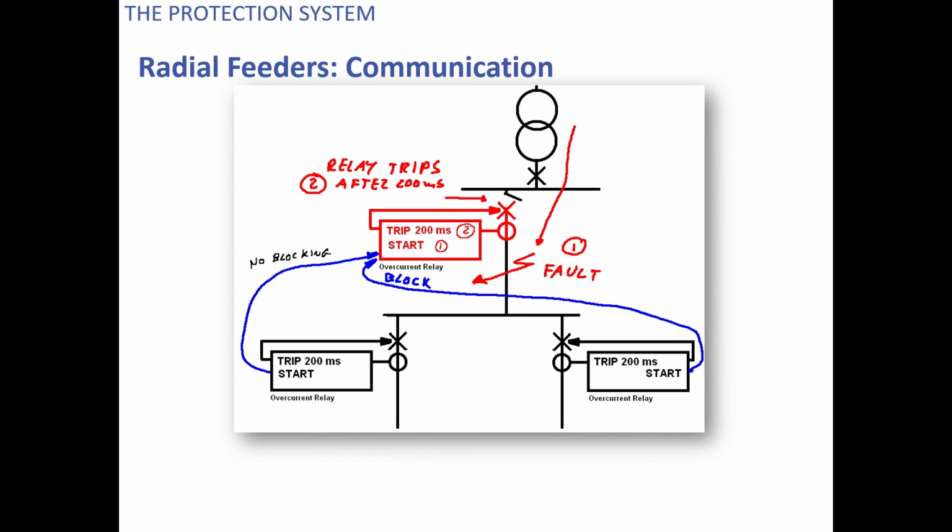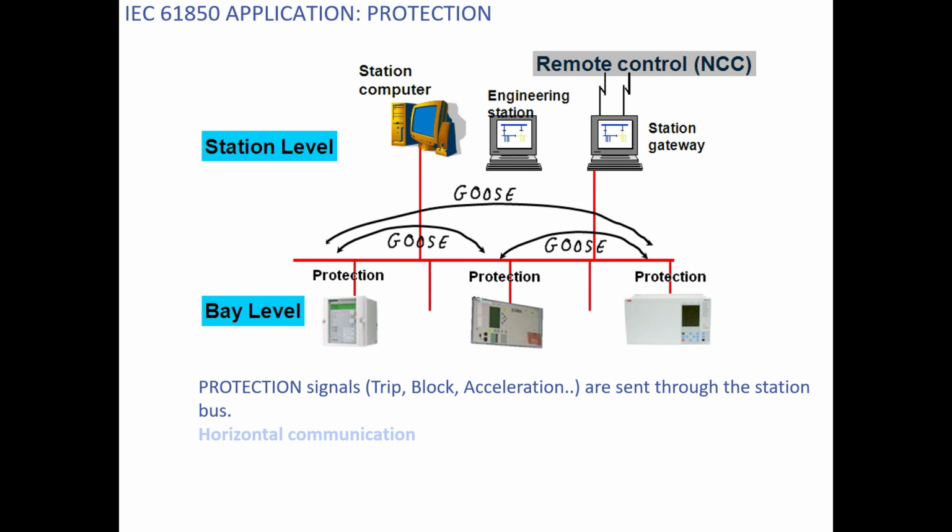between these relays. So now if there is a fault at this point, this fault is not seen by this relay or this relay, so they cannot send a blocking signal, and since this relay sees the fault, it will issue a trip command after expiry of 200 milliseconds. So these things we can implement in our substation, and these are explained in detail in the 61850 standard through GOOSE, through the vertical communications, and I am going to discuss GOOSE in our coming sessions.